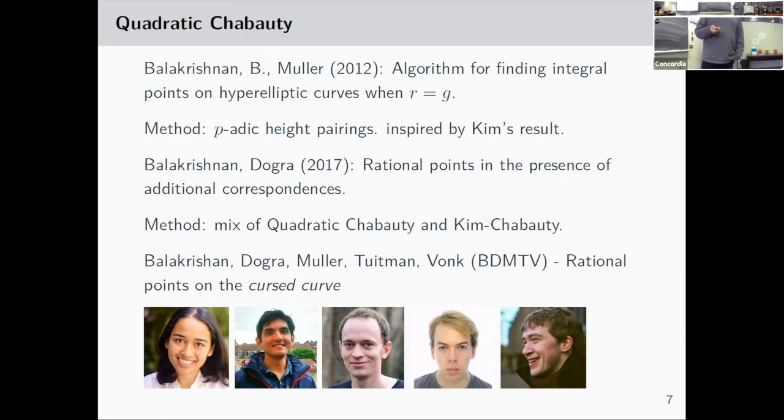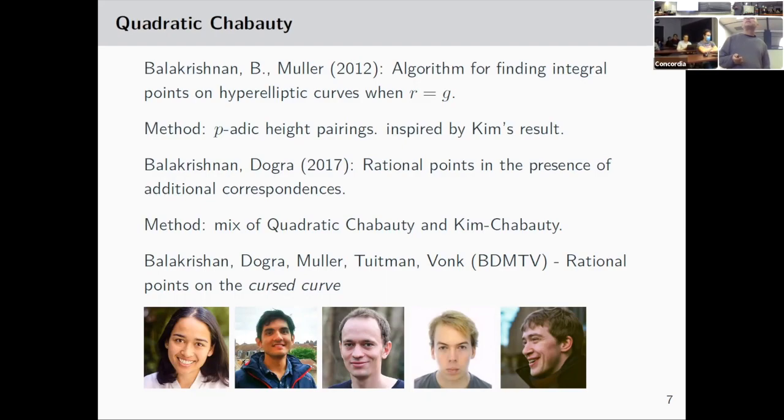And in this case, we've been able to treat integral points, or not even rational points, on hyperelliptic curves, which are very simple curves. And the method uses p-adic height pairings, and you'll see in the end where I'm going, where this is sort of generalized using more general p-adic heights. But in any case,